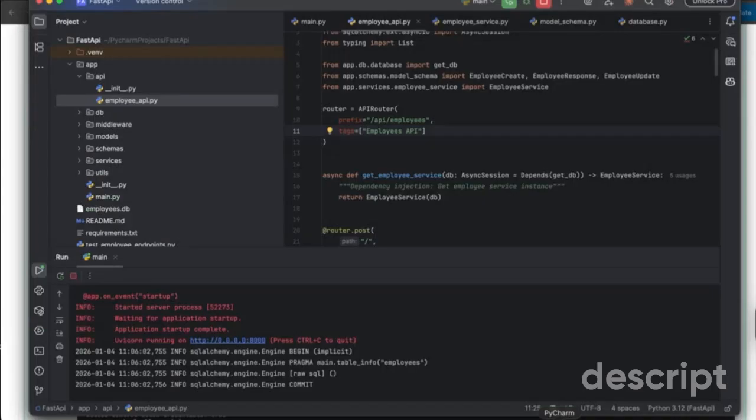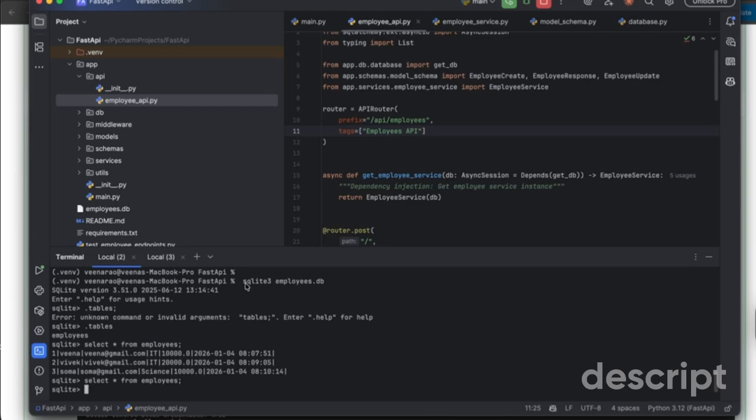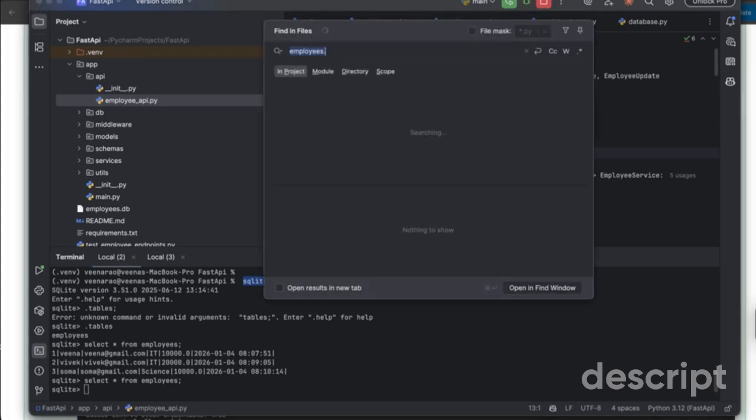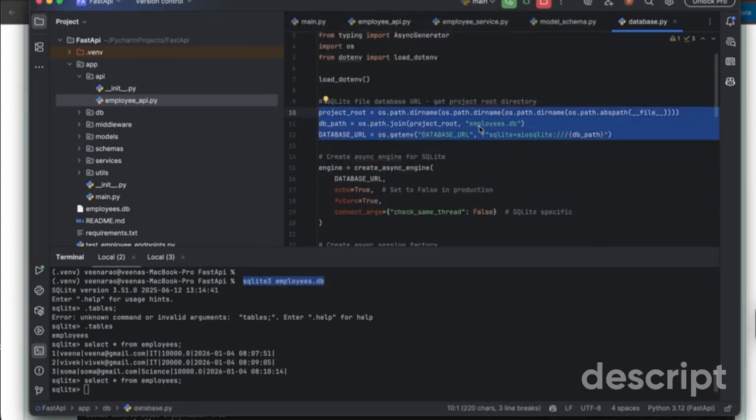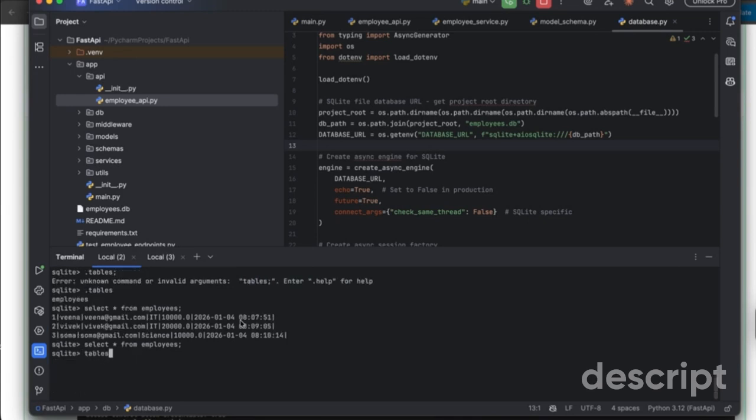So for that, what we need to do is connect to the SQL. Now I've used the in-memory database that points to a file called DB. Let me show you that configuration as to where I have done. This path employees.file is present. You want to get connected through the command employees DB, and then you will have to use a command called table.